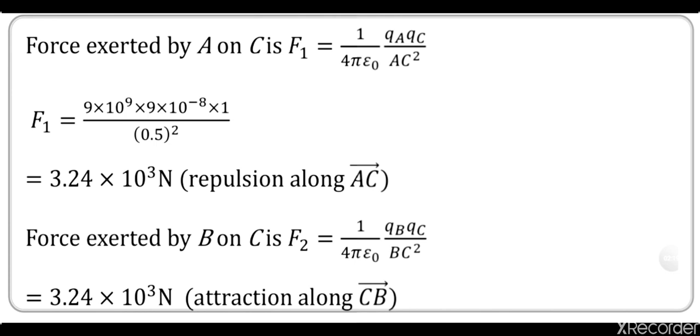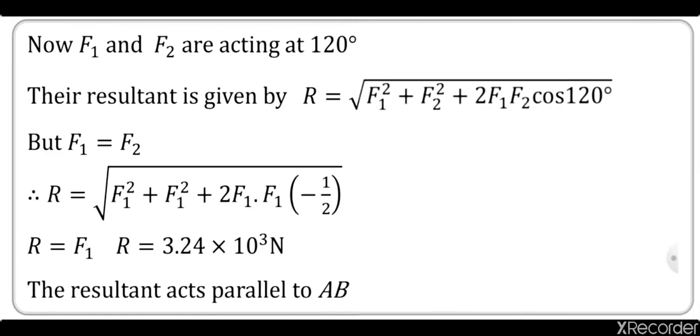Now after finding F1 and F2, find the resultant by using the formula F1 squared plus F2 squared plus 2 F1 F2 cos theta, but theta here is 120 degrees. There is the resultant angle, and here F1 is equal to F2, and cos 120 degrees is nothing but minus 1 by 2. The 2 will get cancelled, then you will get only F1 squared. R becomes root F1 squared. Okay, the square and square root get cancelled, R is equal to F1. So the resultant also will come to the same value.